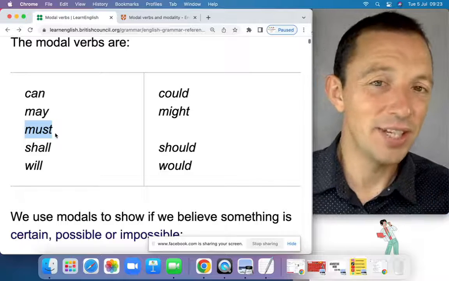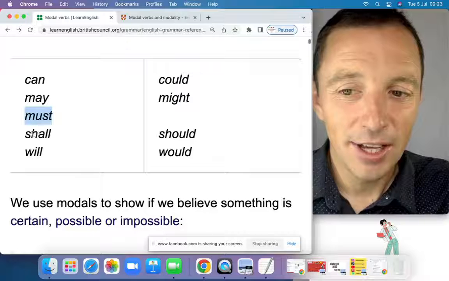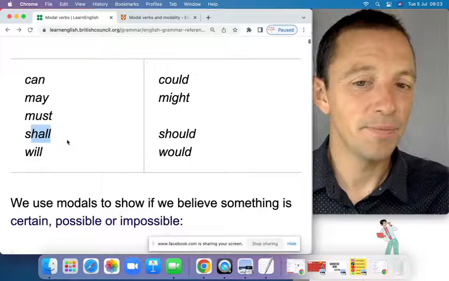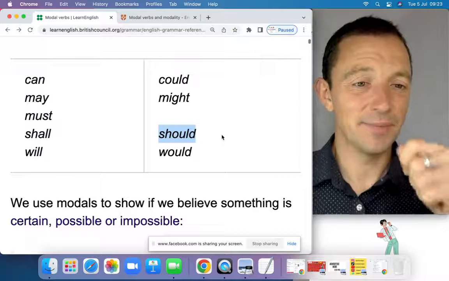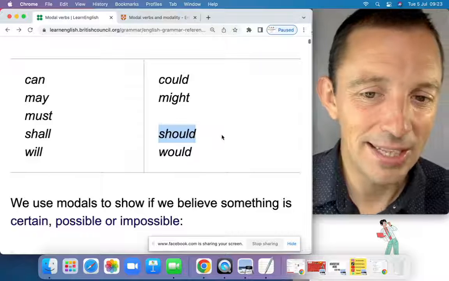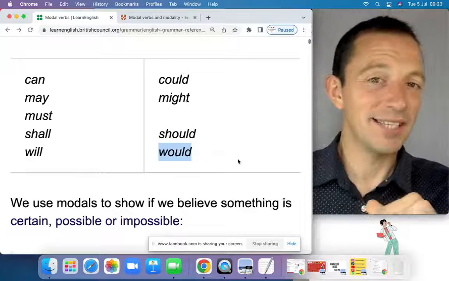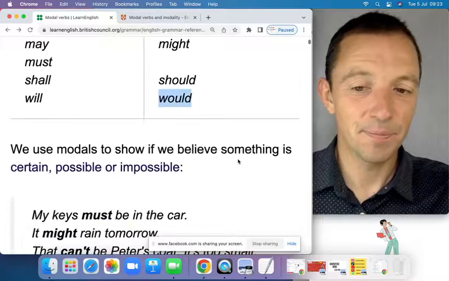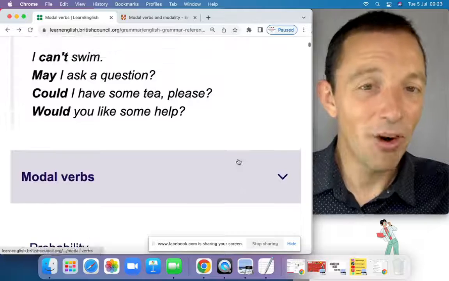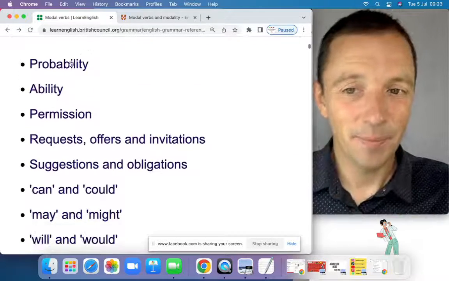Must I do this exercise? Maybe. So it's possible to create the question again. Shall is more formal for will in the future. Okay, should is for advice. You give advice, or the verb to advise, and would is maybe for a question or for hypothetical situations in theory as well. Okay, and that is the lesson more or less for today, because the next section is very, very big,